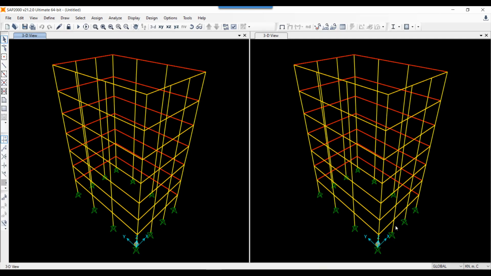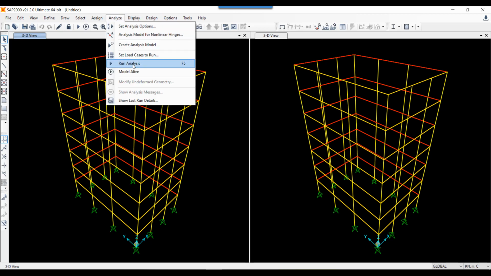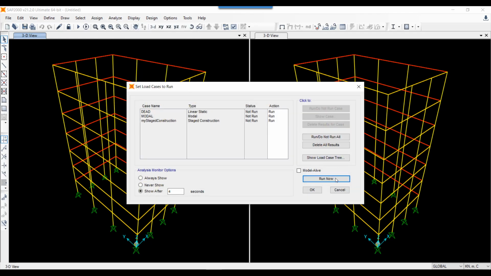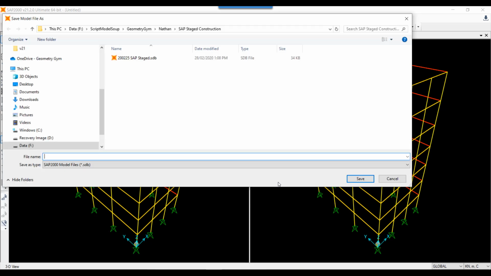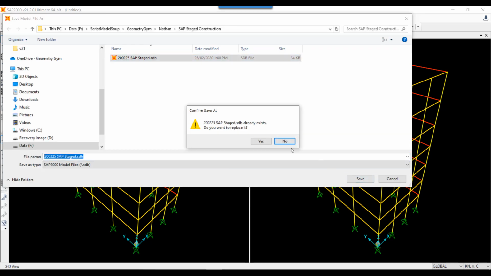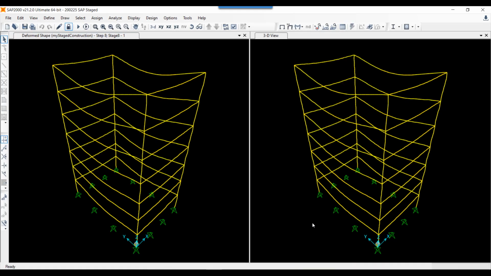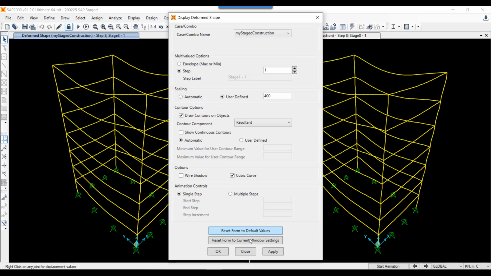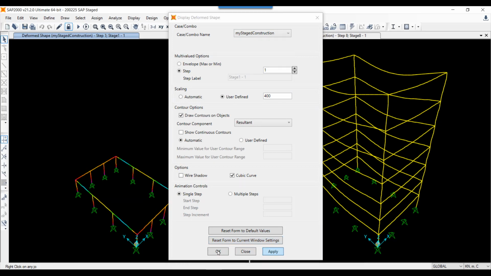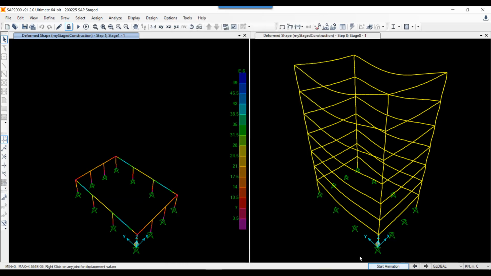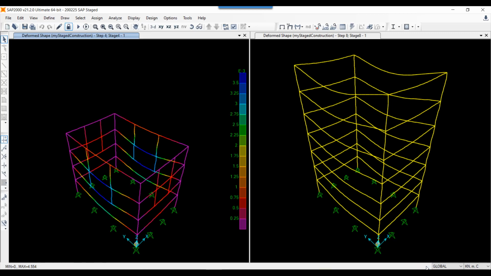Now I've got 2 props instead of 1, and if I go and run that analysis again, I can start to look at how that affects my structure